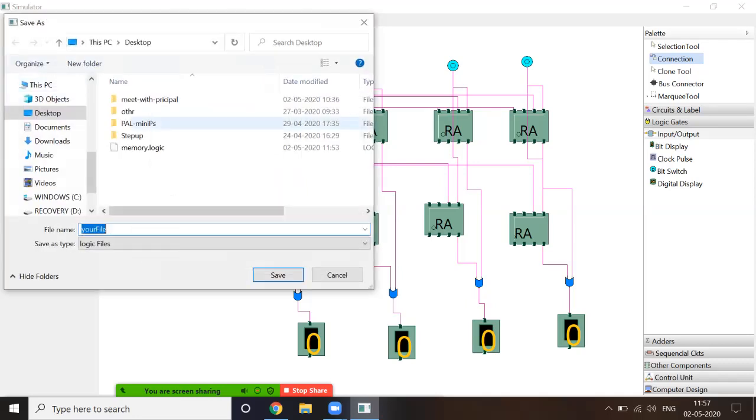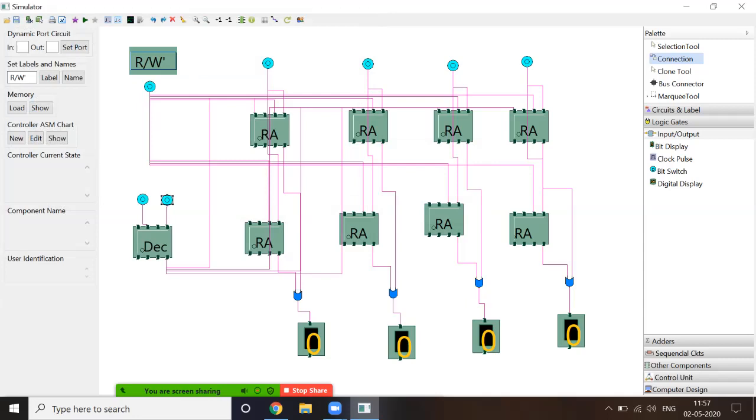Again we'll do saving if any problem occurs. Okay, now this much part is saved. Now pin number 3 of the decoder should be connected to pin 8 of the second row RAM cells. So now do the connections accordingly.